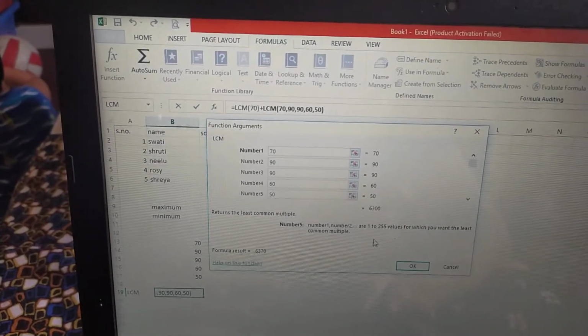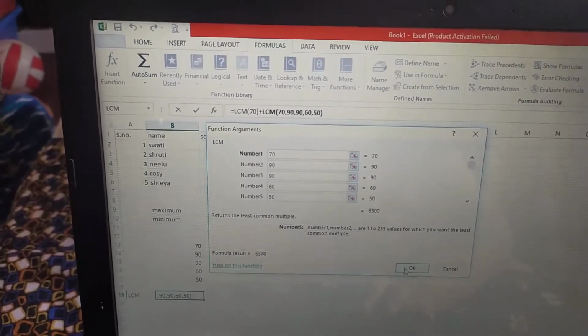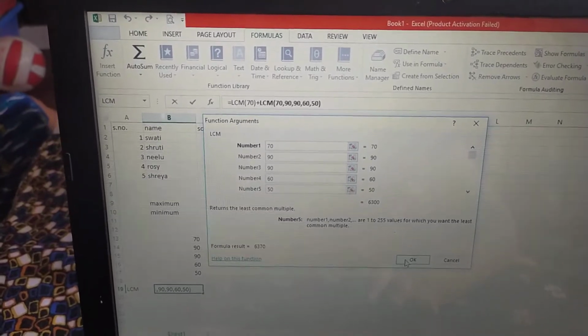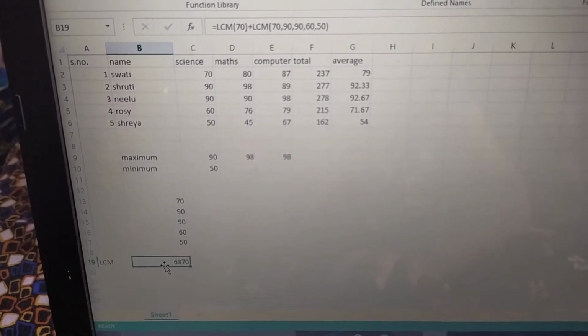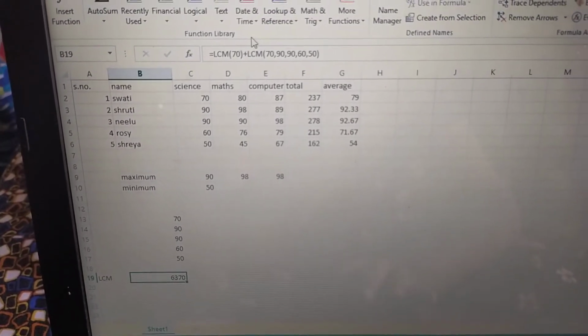These few numbers we need to find the LCM of. Then finally click OK. The LCM, see, the LCM is shown over here.